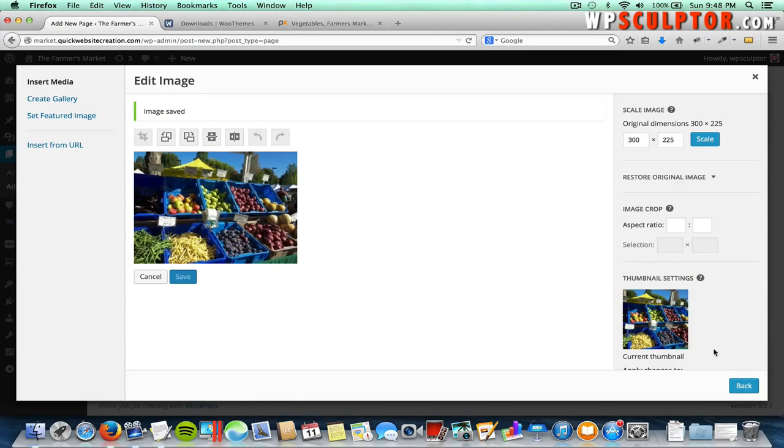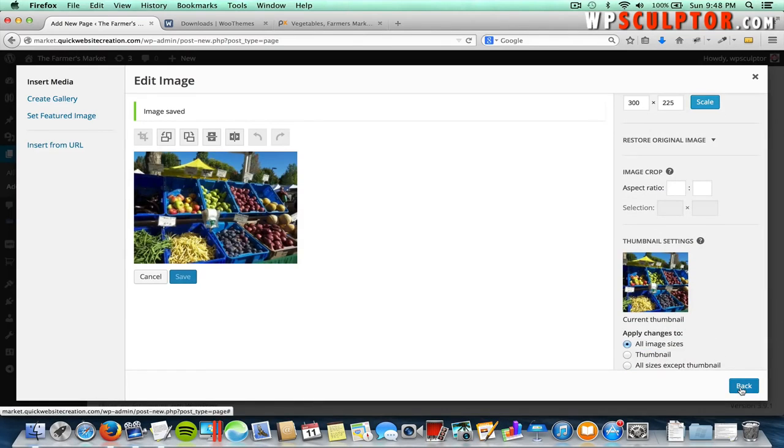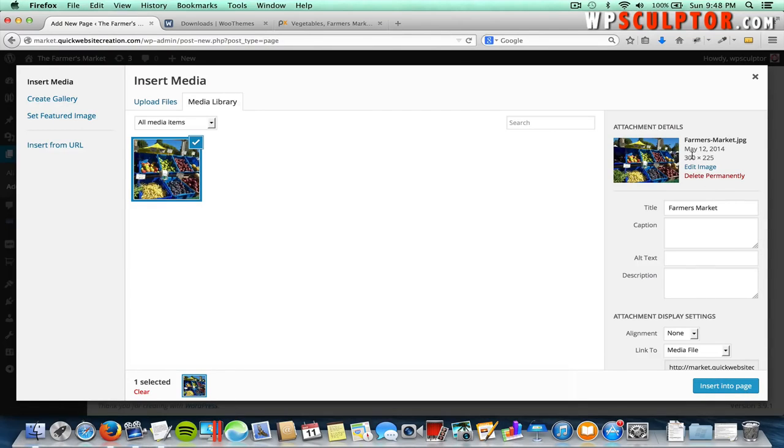Alright, once I've got that taken care of, I am going to click on Back, and you can see now that we've scaled it, we've got the 300 pixel wide image. Right here, you can fill out these sections, and basically you just want to put in a description of what the image is about. The reason you would want to do this is because search engines like Google, Bing and Yahoo obviously are not able to see pictures, so you can give images a description, and it helps search engines figure out what the pictures are about. That's a good search engine optimization practice,